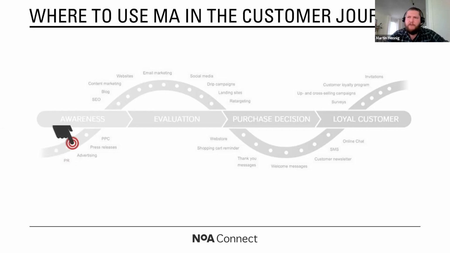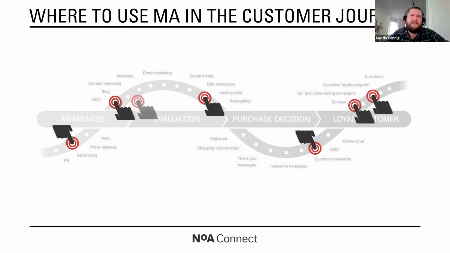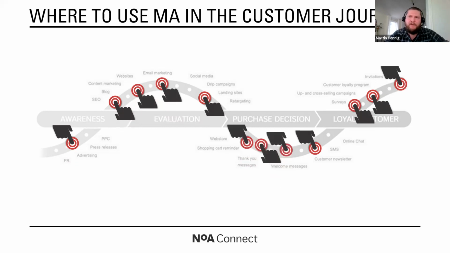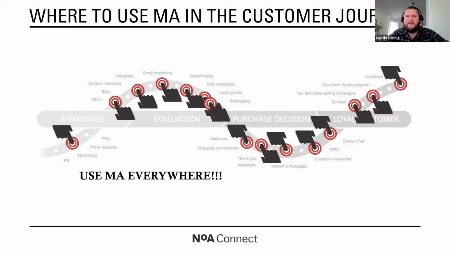Advertising, right? If your platform supports advertising, you can use it. Drip campaigns, we just looked at those. Customer newsletters, absolutely. Customer loyalty program, yes, same thing, right? We will have one of those programs ready. We use it for our blog. We can use it for surveys, and I think you get the theme here, right? The reality is we can use marketing automation at probably almost every single step of the customer journey. Again, depending on what type of platform we use, right? There are simpler ones, there are more sophisticated ones, and usually the price you pay somewhat correlates to the functions that you have available to you.